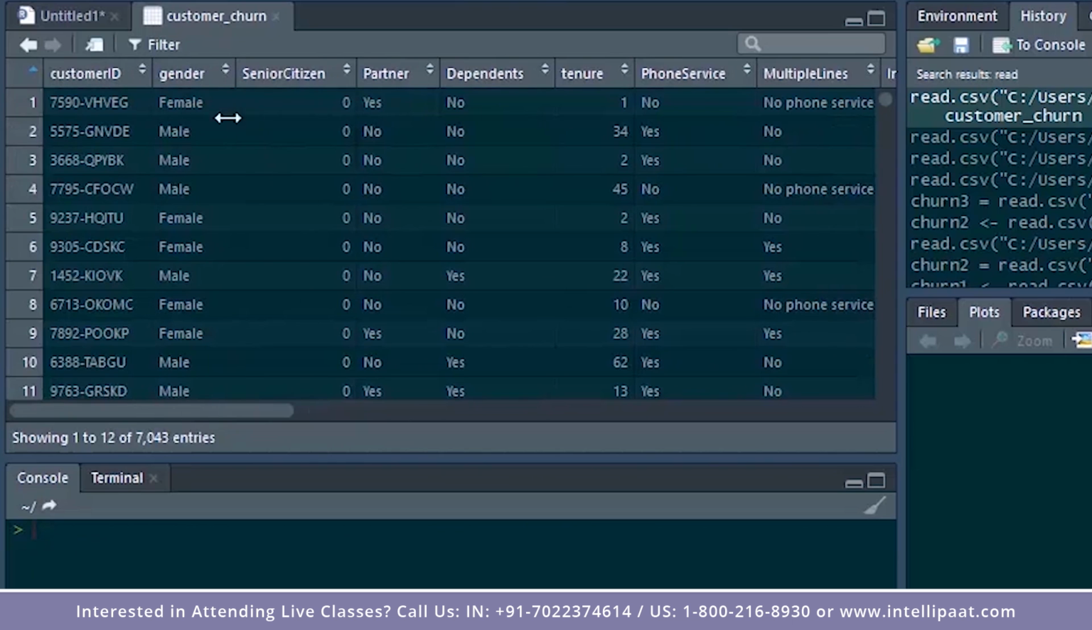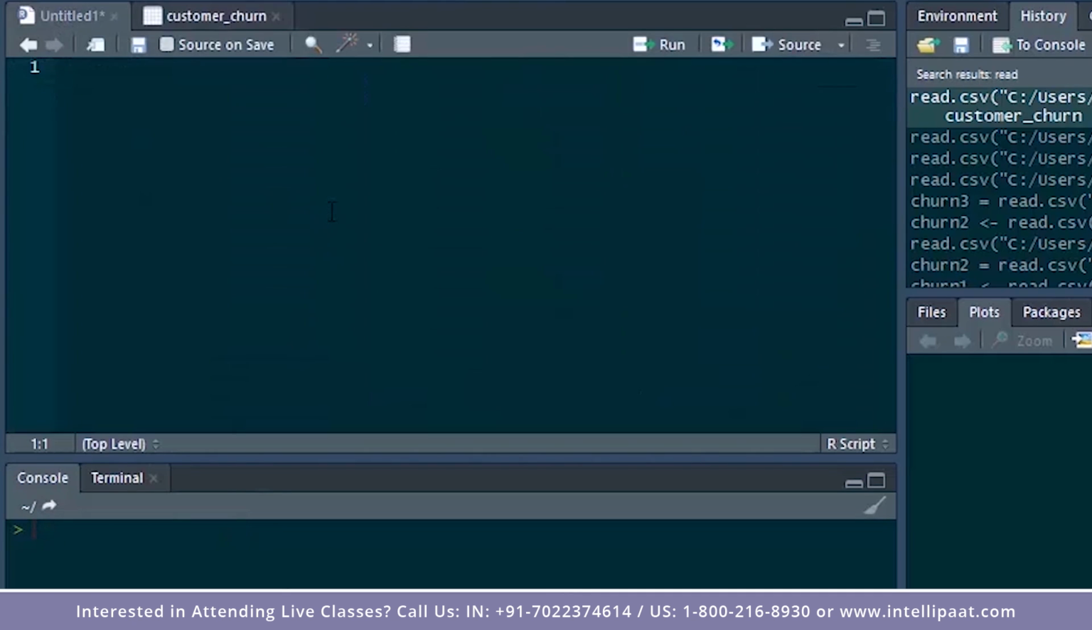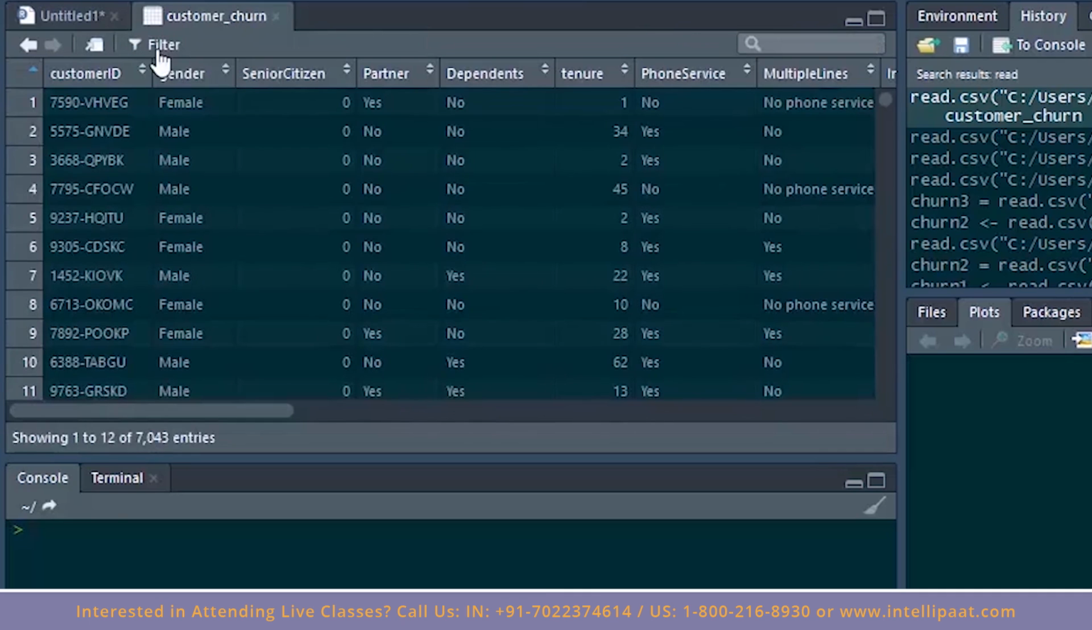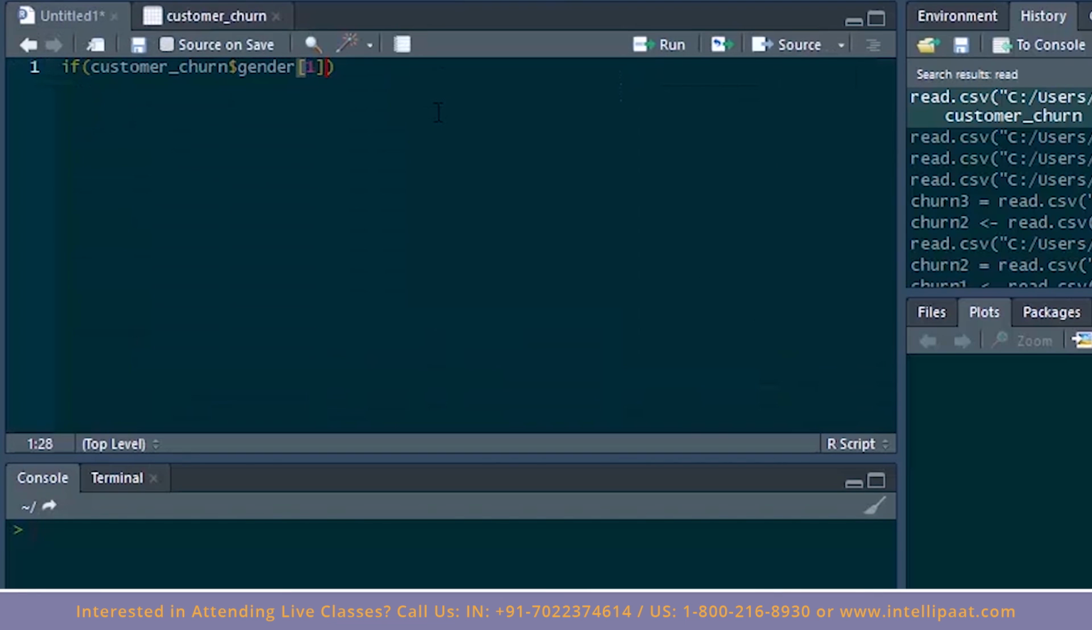Now I will start with the if condition, and I will check if the value in this cell over here is female, and if the test condition comes out to be true, then I'll change this value to be male. So let me go ahead and do that. Right, so I will type if, I will give the name of the dataset, which is customer churn, and the column is gender, and the row number is obviously 1. So from this dataset, I am checking if the value in this column is female. So if this is equal to female,